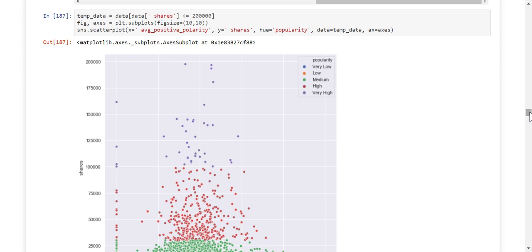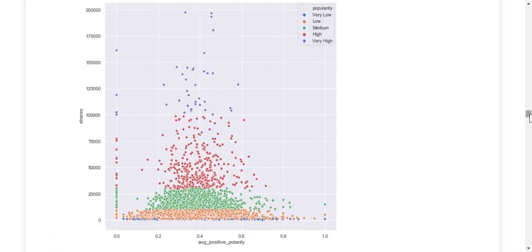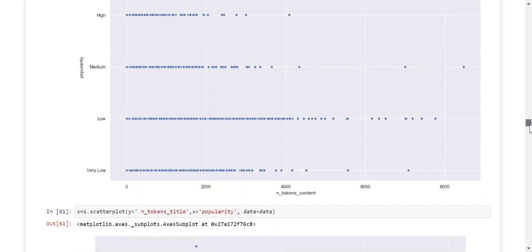This is the visual description of what we have done above. From this graph, you can see that most of the articles fall in the category of popular, either averagely or with high popularity. There are some which have a low popularity, and there are very few which have very low popularity. So basically this website is doing well in terms of viewership.